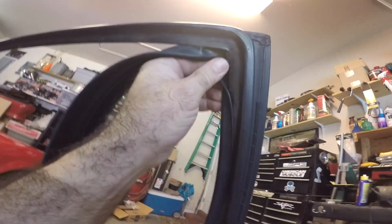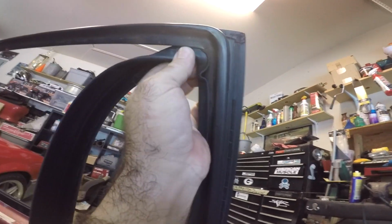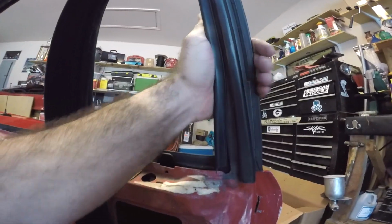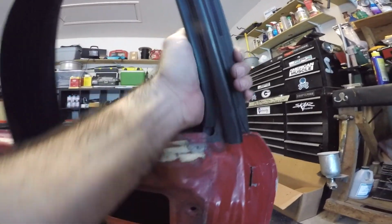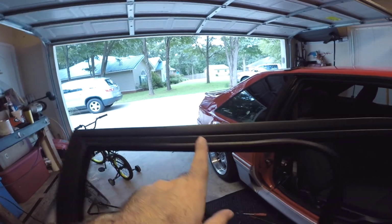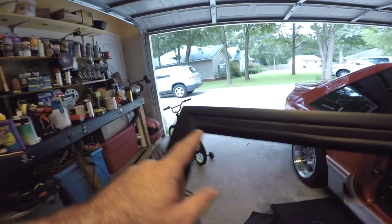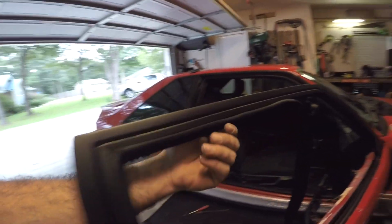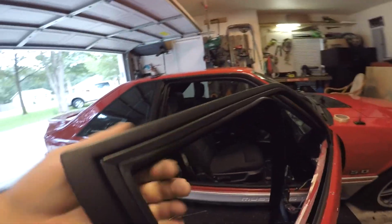Then on the back side, you want to make sure that this lip is out, just like that. And then start squeezing everything in, guys. That's it. So we're going to do the same thing across the top up here. But as you start to work this molding across the top, it's going to want to pull this corner out. So every once in a while, you just want to grab this and work your way back with it